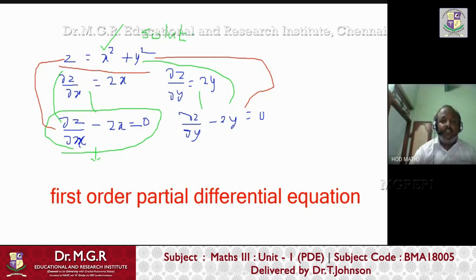Try to understand. The solution of a partial differential equation is nothing but the original function where we have only z, x, and y. There are no partial derivatives. So solving a differential equation is nothing but finding the original equation associated with those derivatives. They use a shortcut, PDE, right? Instead of partial differential equation, they always write PDE. So that is a short form of partial differential equation or equations, right?